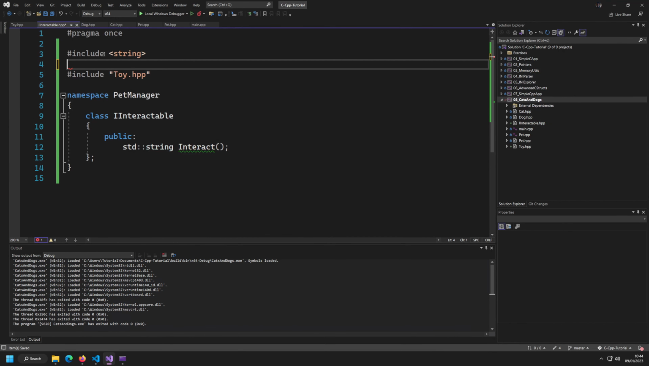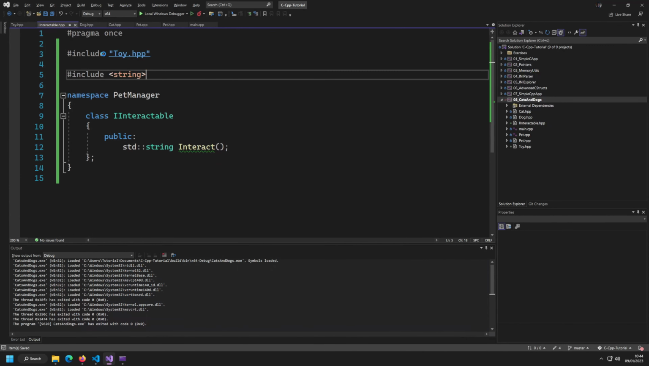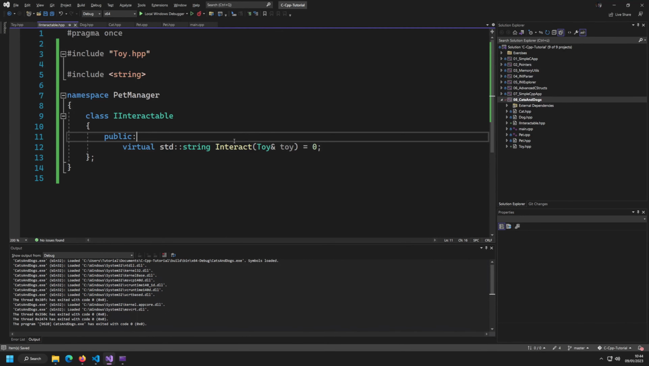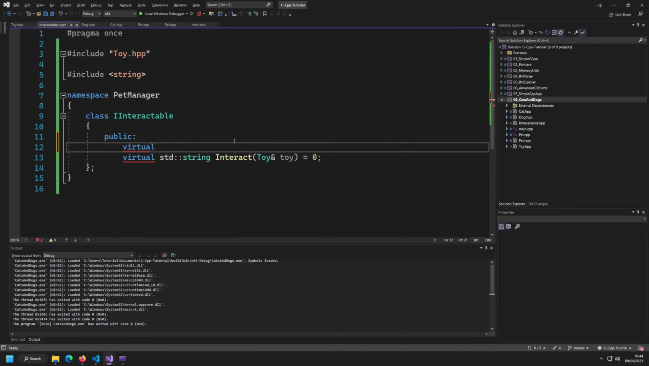Actually, what I told you is that the syntax is to put the toy first, and then the string, and instead of the interact, I do want to give it a toy reference for the interaction function. Now I told you that an interface is purely virtual, so we would need to mark this one as virtual to make it implementable, and then we're just going to assign this to 0 to make sure it is assigned. Now you also need a virtual destructor, because it could be that we directly start with that, and if